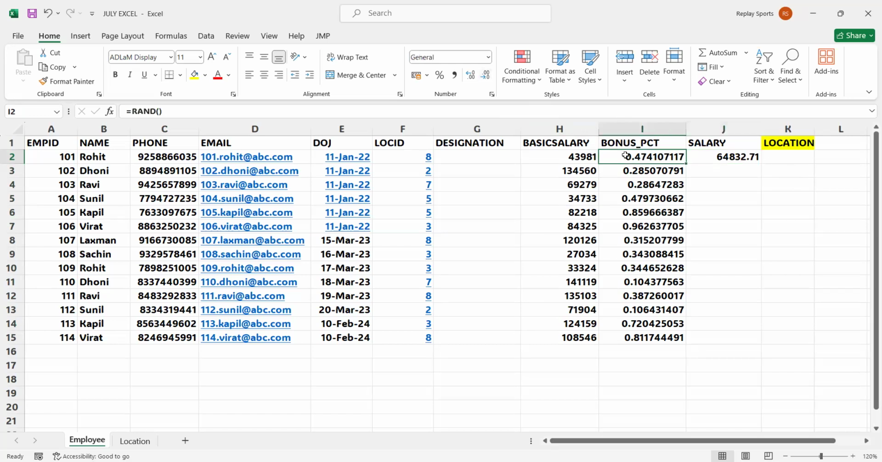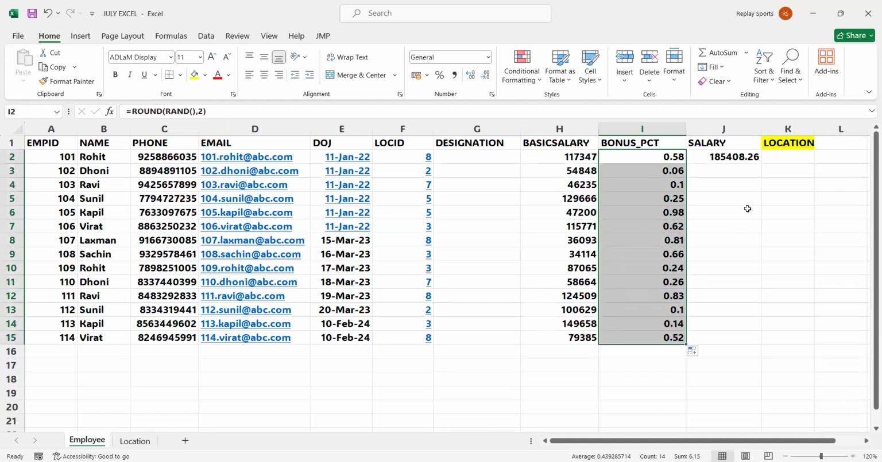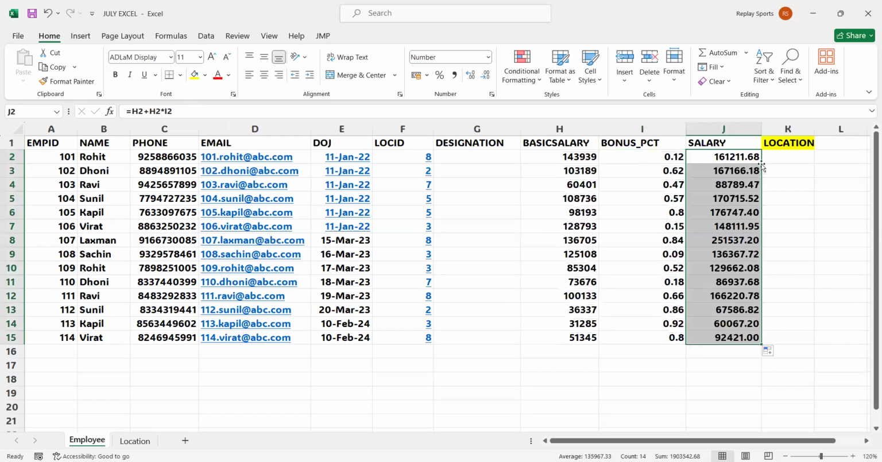In fact, we can do ROUND here itself. So ROUND, number and number of digits. So I say 2. So it got rounded off to 2 decimal places. Okay, and salary is this. And for the base salary and this salary, right, we can